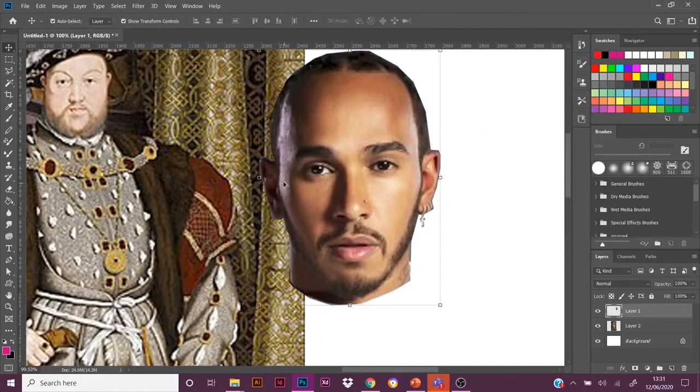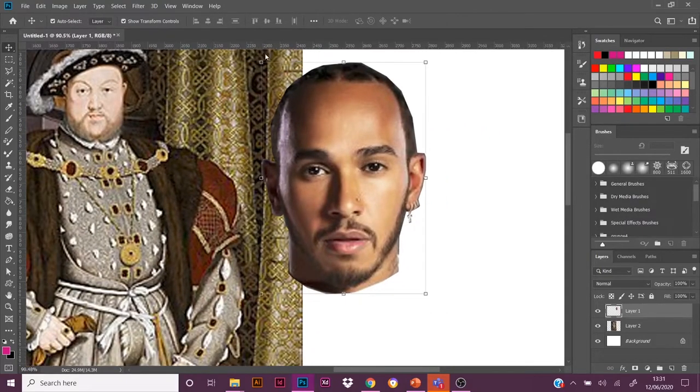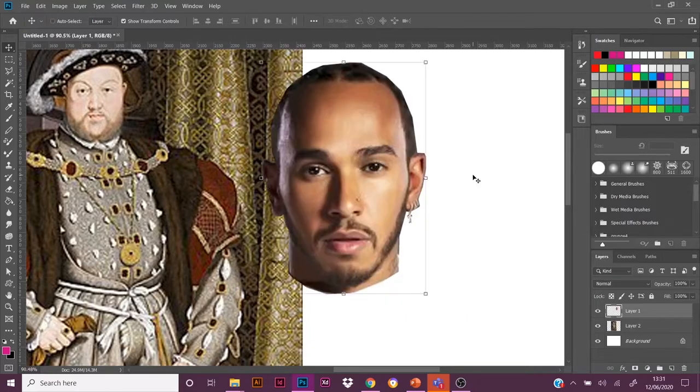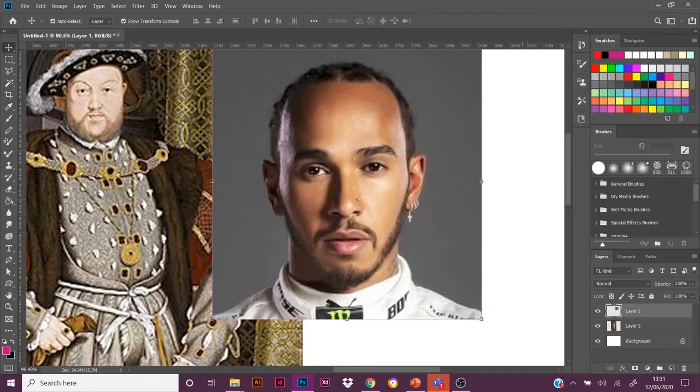Go back up to your move tool, and we can move it now, and we can see the sort of selection that we've got. Very rough cut, very jagged, polygonal as the name suggests in the lasso tool. So now, what might be a good idea, let's try a different tool. What we're going to try over here. Let's try